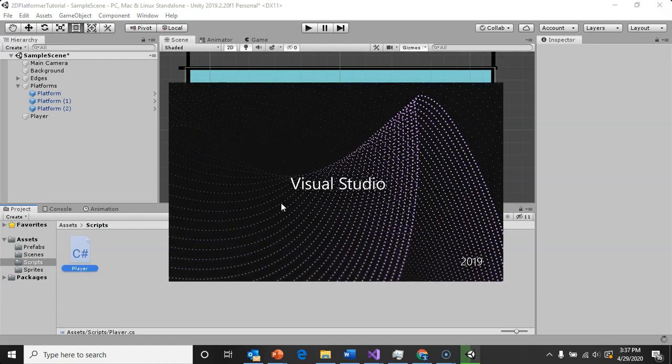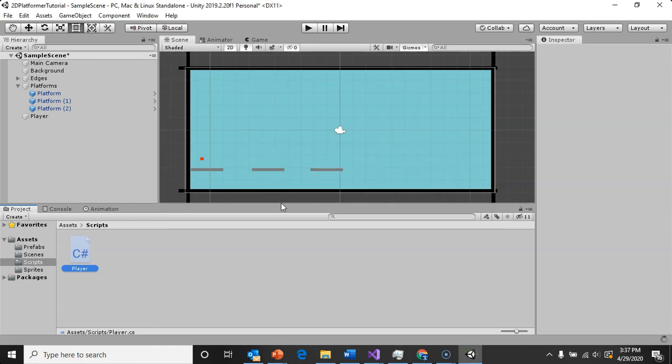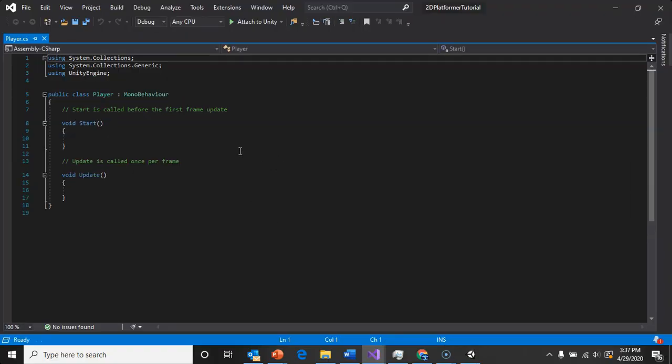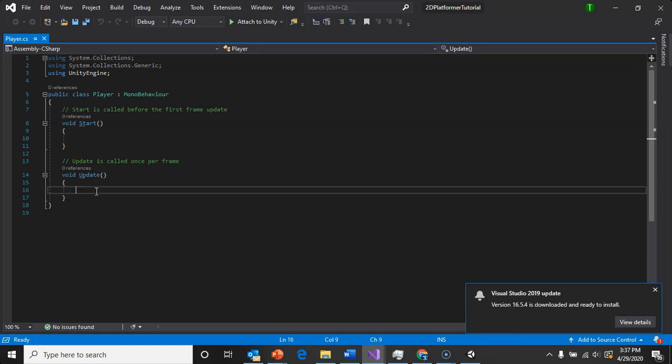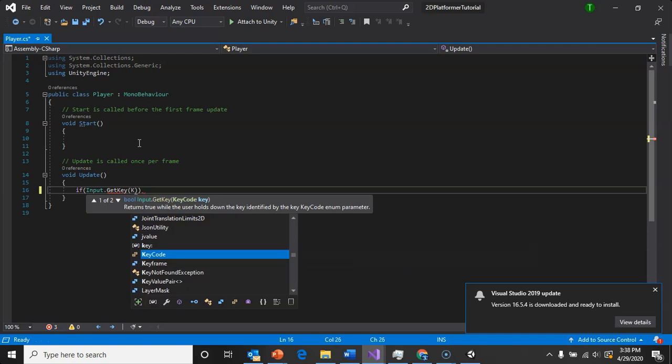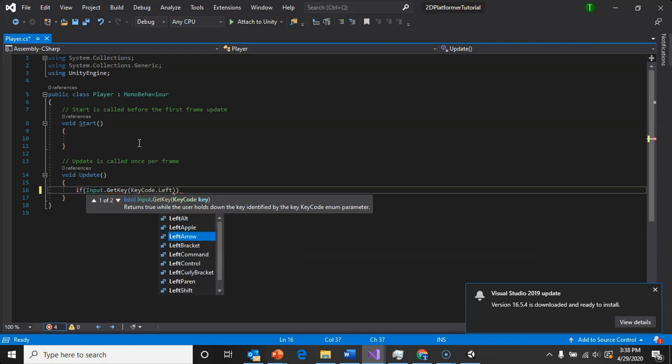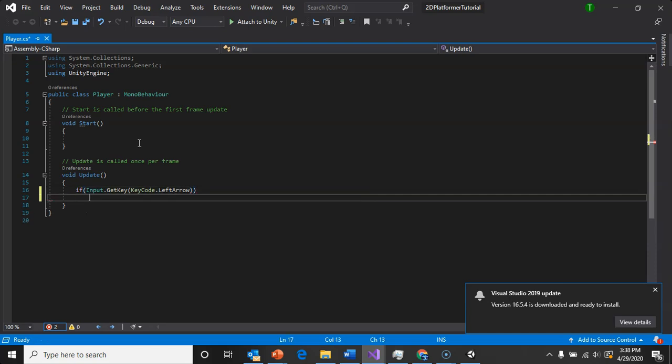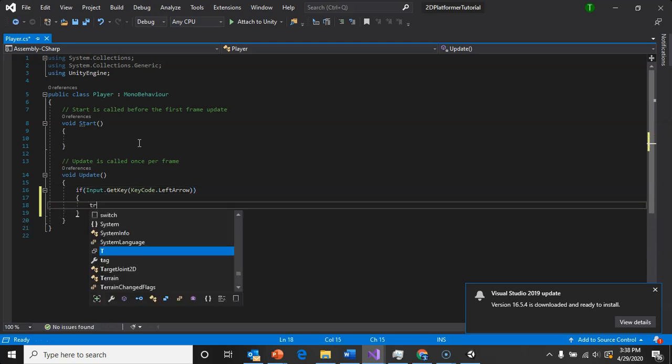So we're going to have our player move back and forth. Now, if you've already done the 2D maze game, you know how to move your player left and right, but we had a bird's eye view in our maze game, and so we're going to have this player jump. But if you want to look back, it might be helpful for your memorization and for your own learning to look back at the 2D maze game. But if you have not, we're going to say if our input is of a key that is the key code of left arrow, then if that is true, we are going to